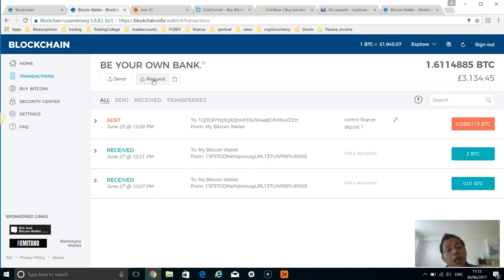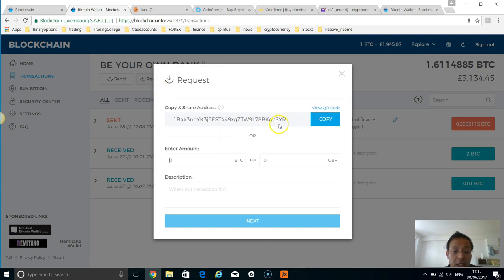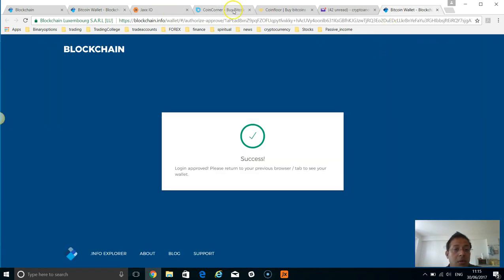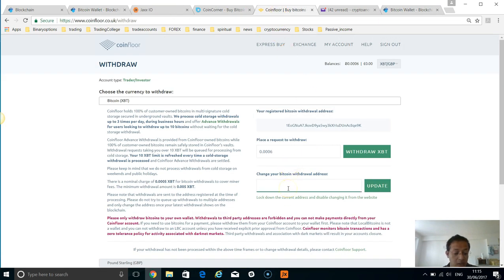So if you want money or Bitcoins to be sent to your wallet, then you need to make a request. You click on request, you get a new address, you copy that, and then you go to this place and put that address. That is the address to which this money will be transferred. So you've got your Bitcoin here, and then it gets transferred to your personal blockchain address. You can transfer to whichever wallet you end up with, and click on update, and then it will complete